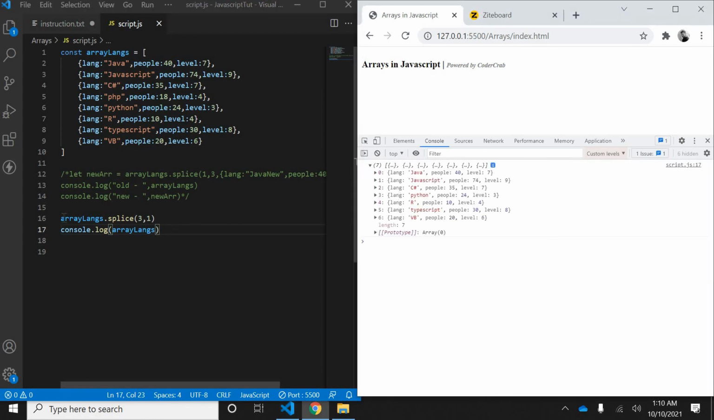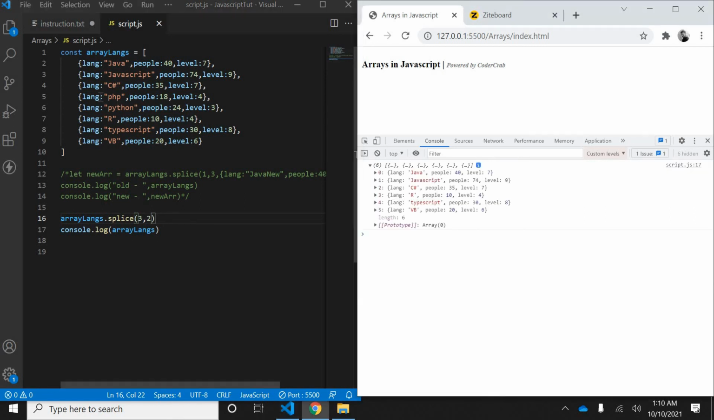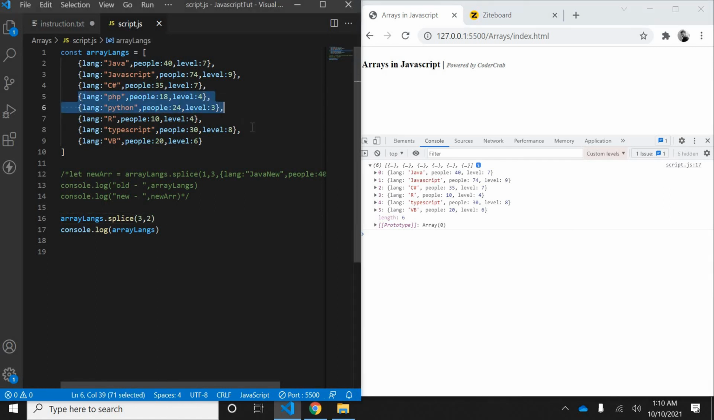So if I run this again, or if I put 2, then what will happen? You can see PHP is gone as well as Python is gone. Okay, it is starting with C sharp then R, because it is slicing from here. Okay, now